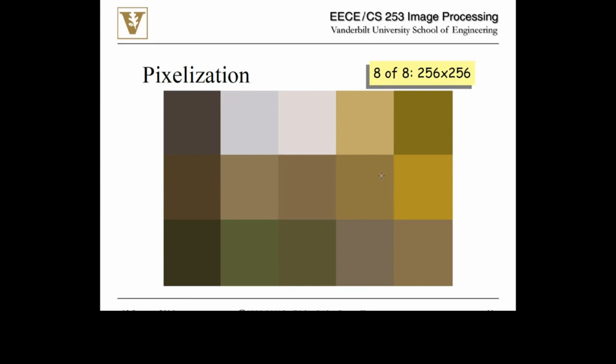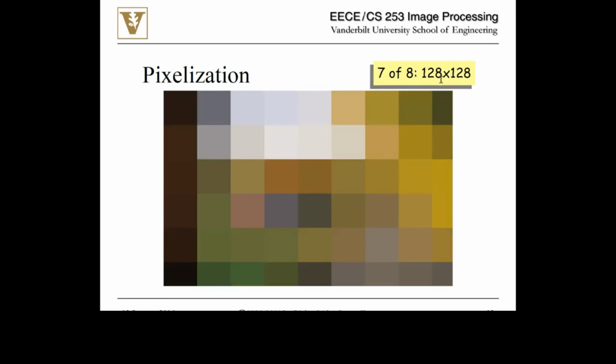Okay, so here we have, for instance, let's say that we have an image and we are making a pixelation by constructing pixels or squares of size 256 by 256. So this 8 means the level of pixelization we are doing. Okay, but the box size is this one. And then this is a little bit less of pixelization, and then a little bit less, a little bit less,